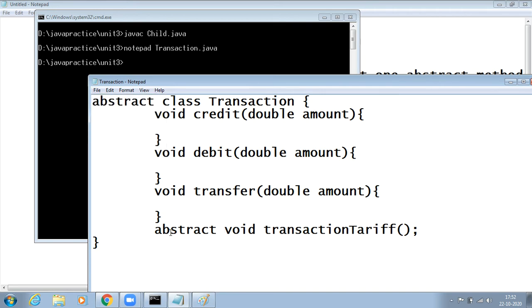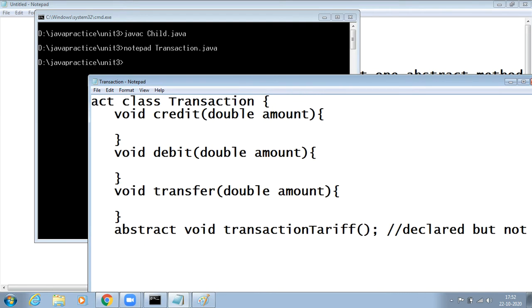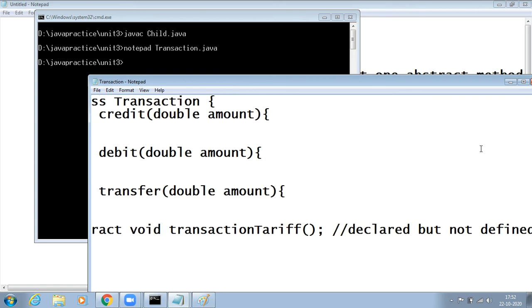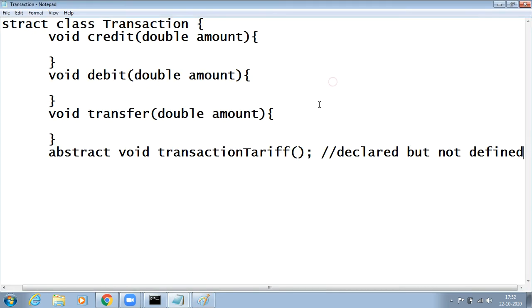An abstract method is a method which should contain the keyword abstract before the type, and at the end of the method I have to keep a semicolon. The semicolon says that it is an abstract method, which is declared but not defined.